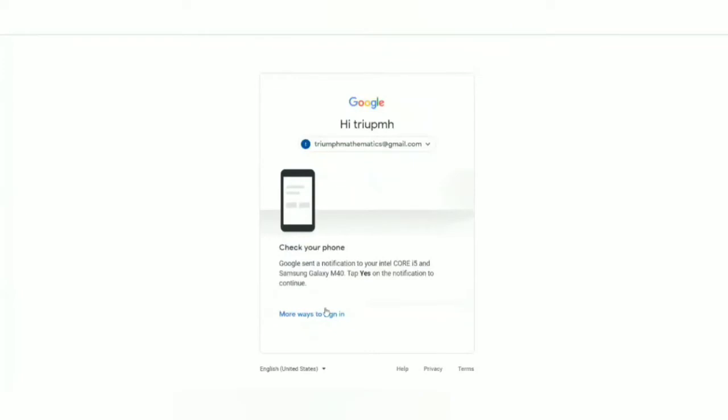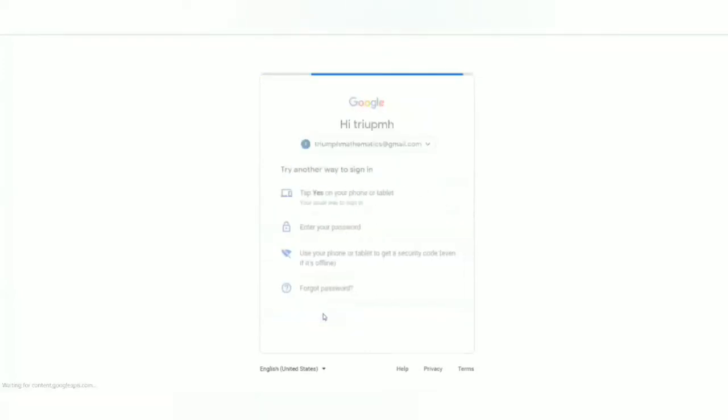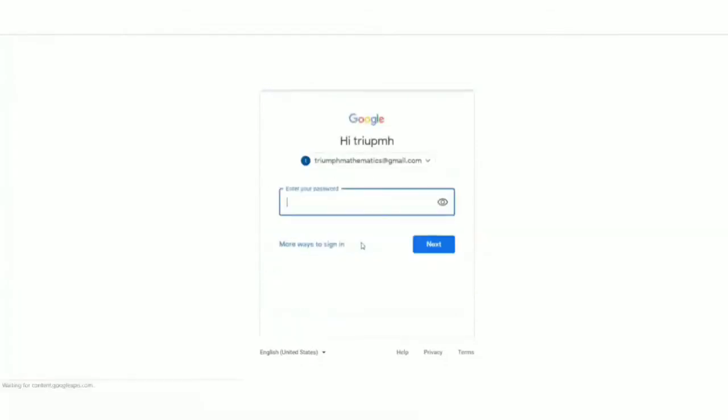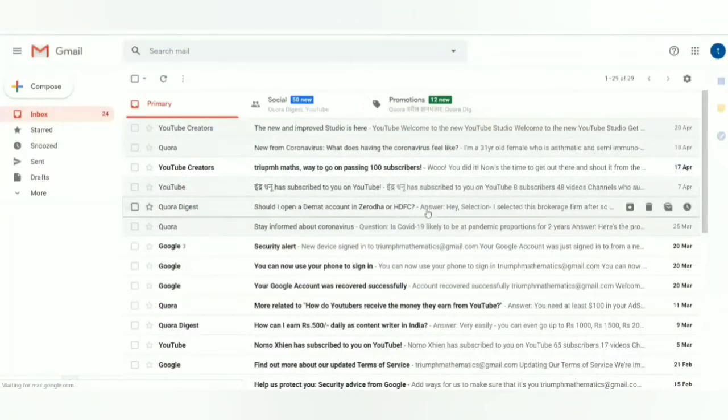When I sign in, this is the homepage of your Google account.